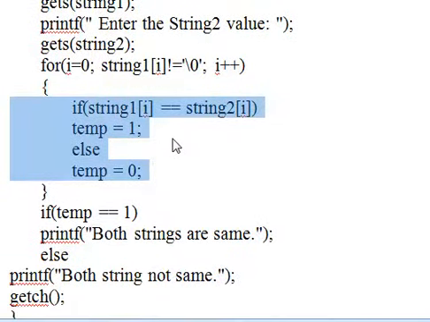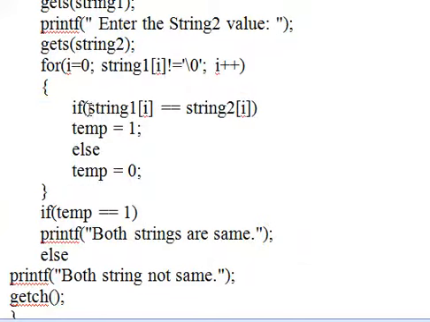So next, if the first character of the first string is not a null value, then I have to compare the first character of the first string with the first character of the second string. So i equal to 0, string1[0], that means the first character of the first string, is compared with double equal to, the comparison symbol, the first character of the second string.